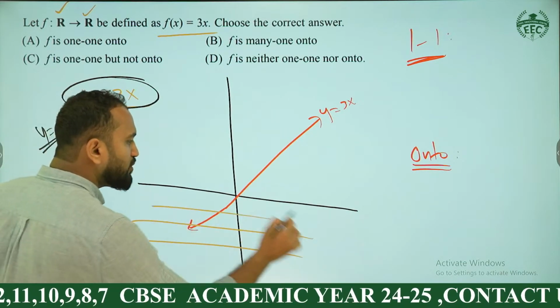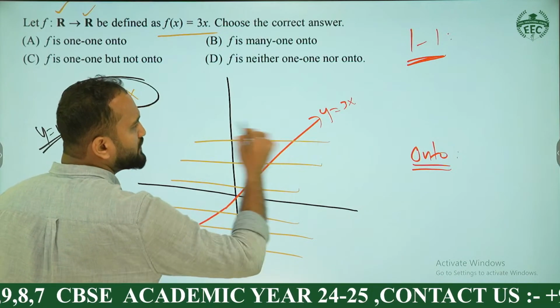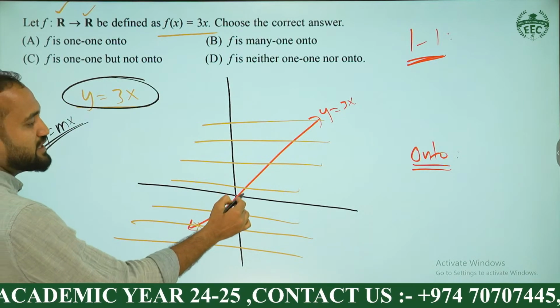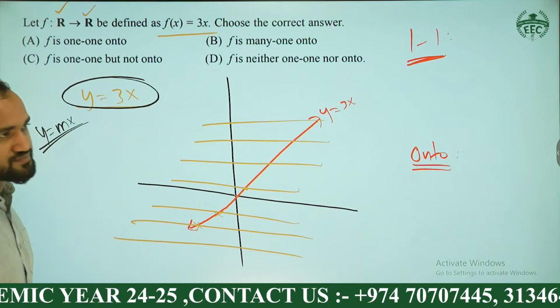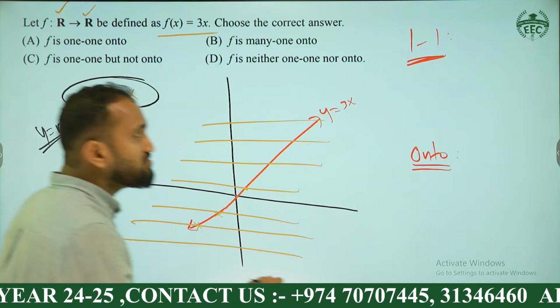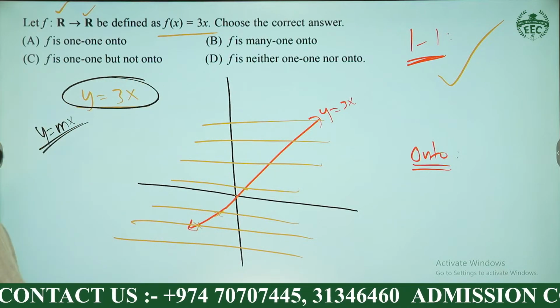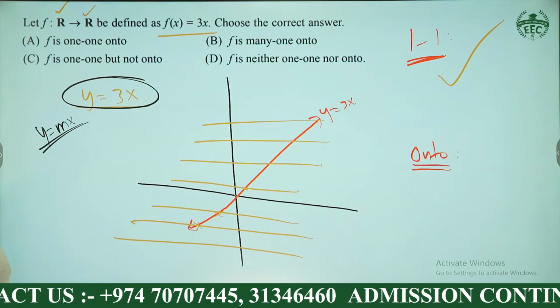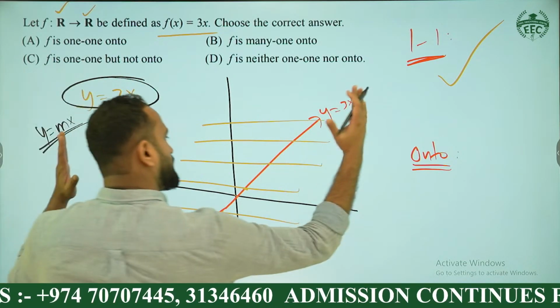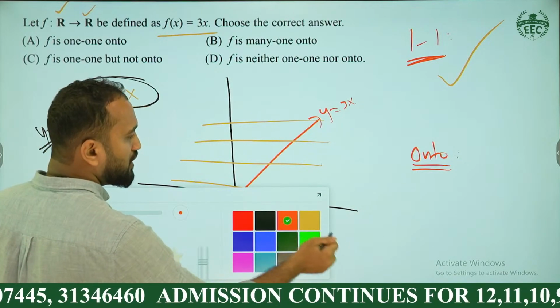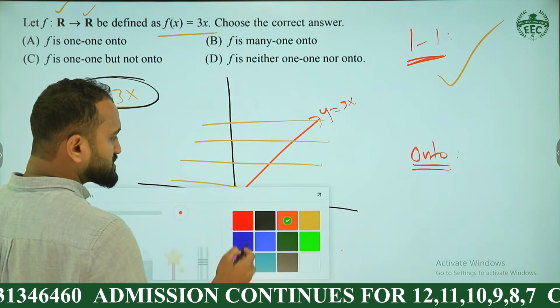See, it was found that any parallel line you draw over this, intersects at only one point. They will never intersect at more than one point. Which means that the function is 1, 1. Now, how could you prove the onto condition based on the graph? Just use the clapping method. If you clap, you can see that all the y values